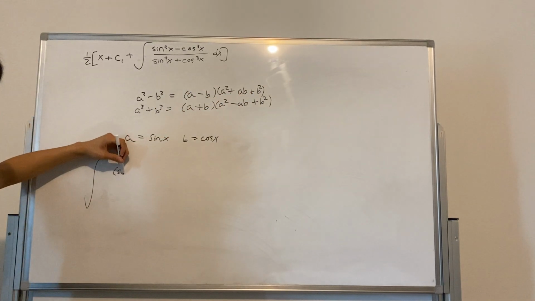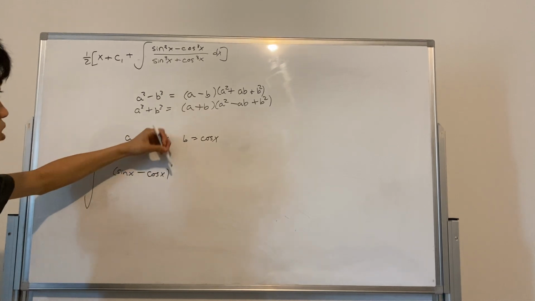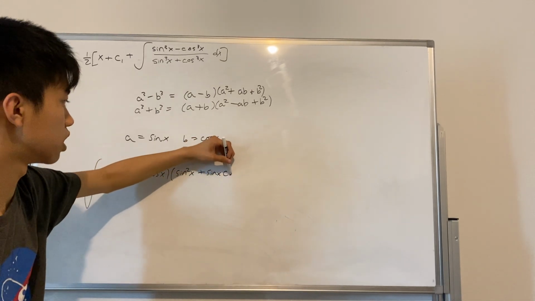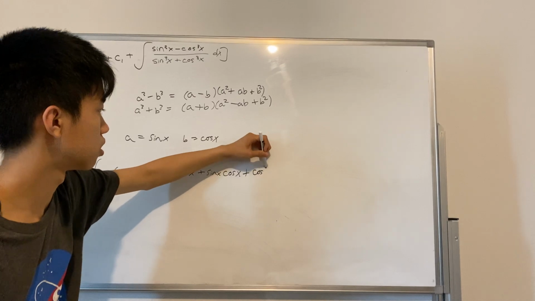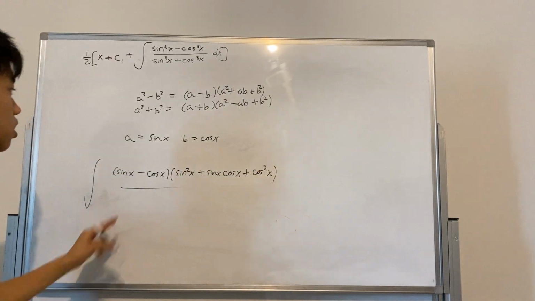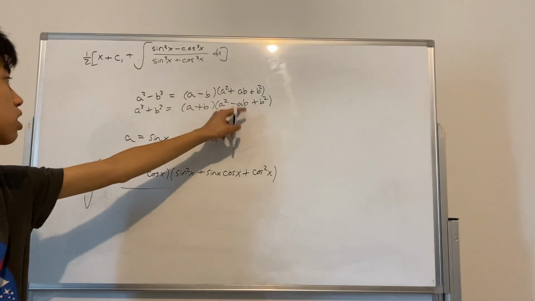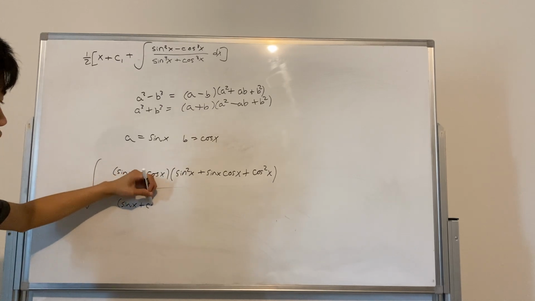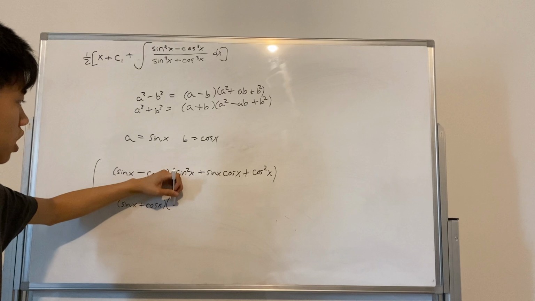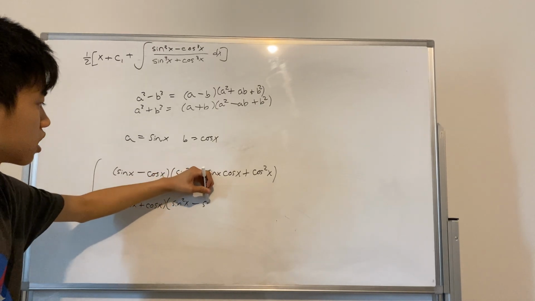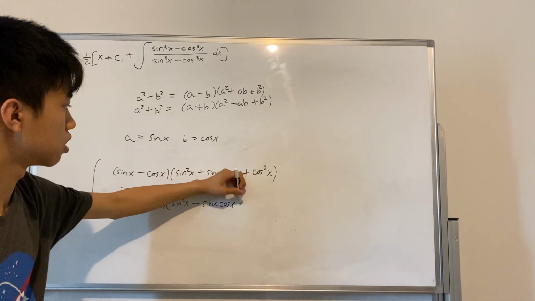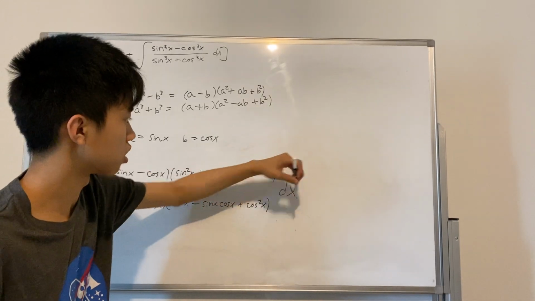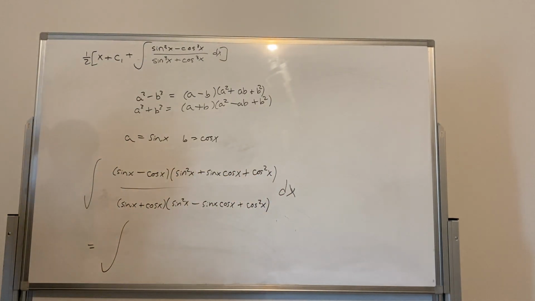So that's sine x minus cosine x times sine squared x plus sine x cosine x plus cosine squared x, over, we can equate this bottom part to this second equation, so we have sine x plus cosine x times sine squared x minus sine x cosine x plus cosine squared x dx. Okay, so now this is equal to